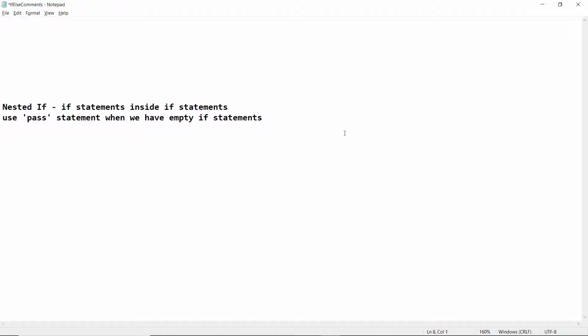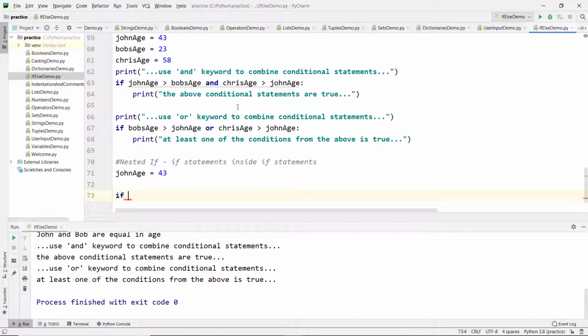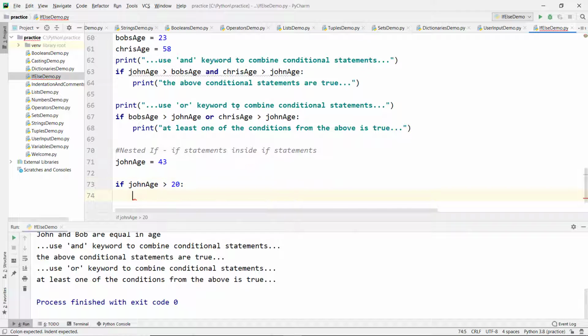Now let's see how to write nested if, that is if statements inside if statements. Let's take John's age 43. If John's age greater than 20, then print John is above 20.